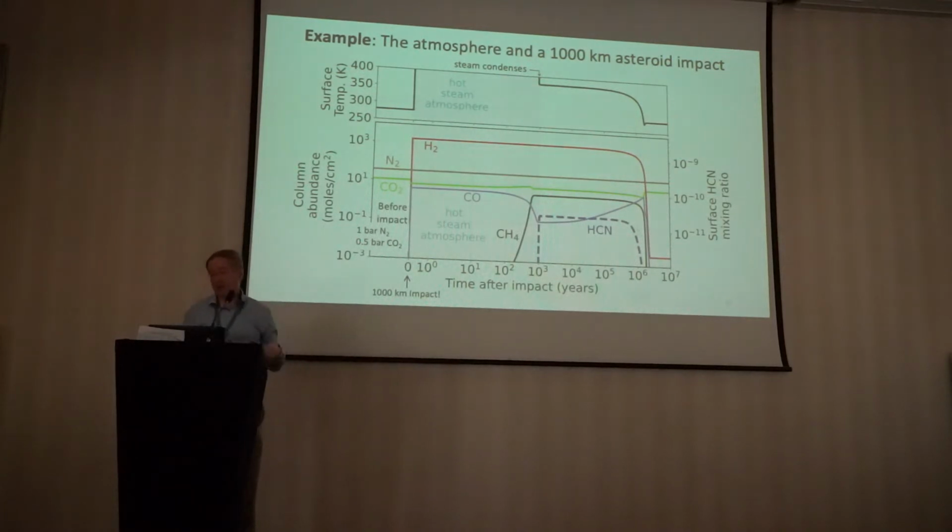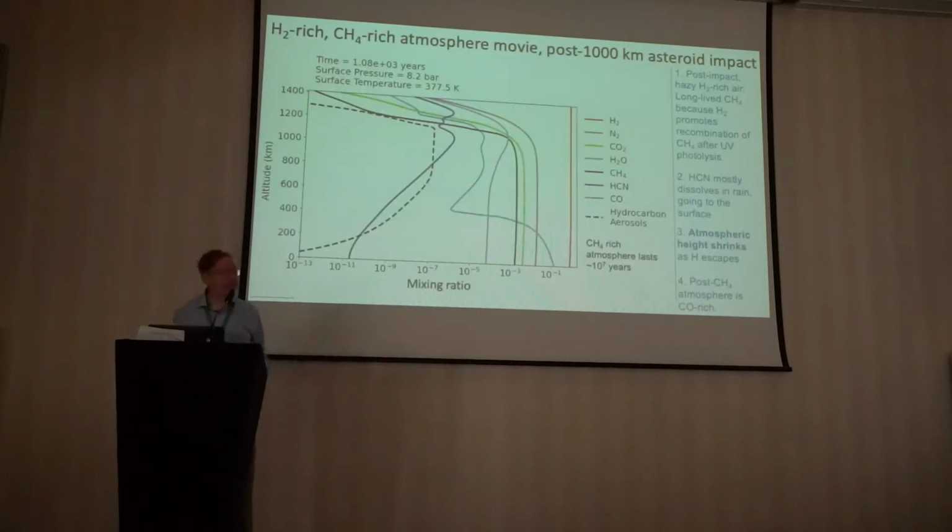Most of that dissolves in rainwater, or becomes mixed in rainwater and goes to the surface, so that sort of suppresses the mixing ratio in the atmosphere. But there's this constant stream for millions of years, so this is a long-term generation of this molecule. And here's a simulation of the photochemical part of that model, so that's after the steam